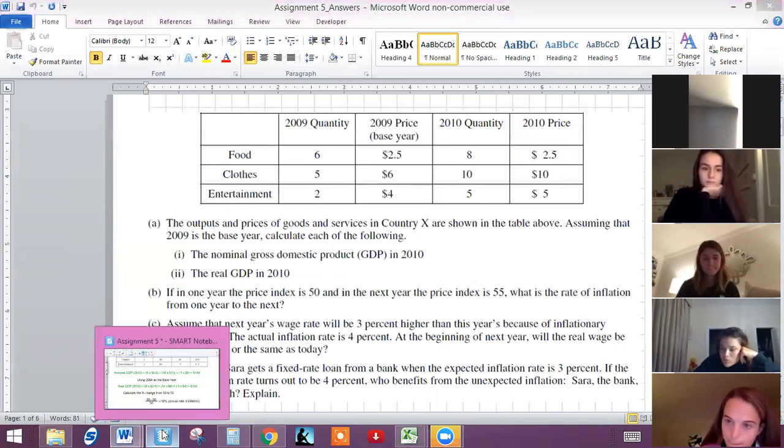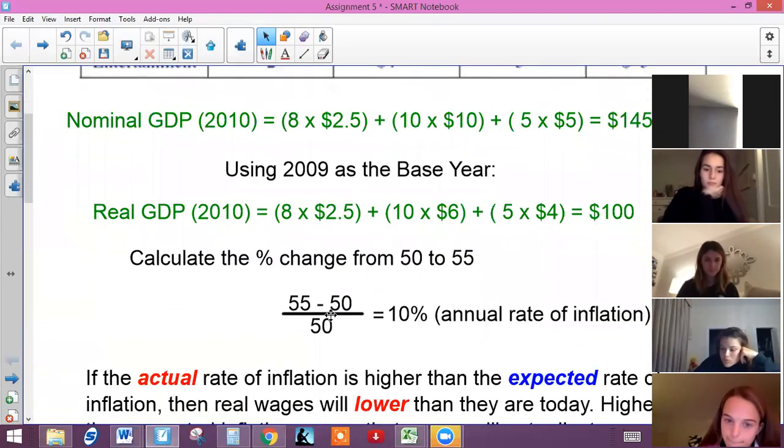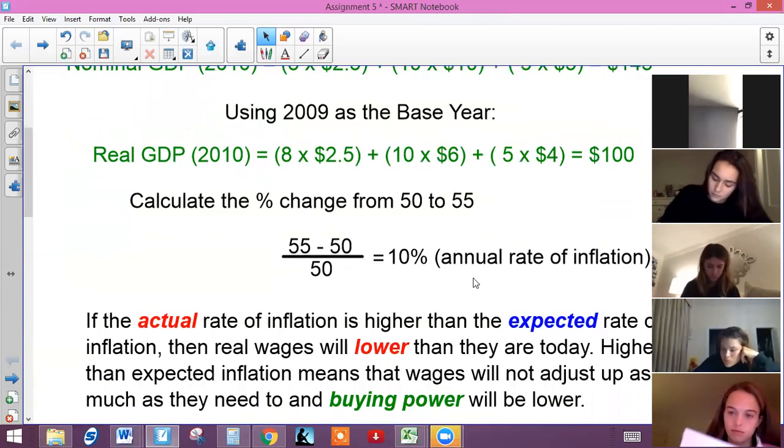So that's easy, right? You just compute the percentage change going from a 50 to a 55, which is where you ended up, subtracting from where you started, divided by where you started. That's going to give you a 10% annual rate of